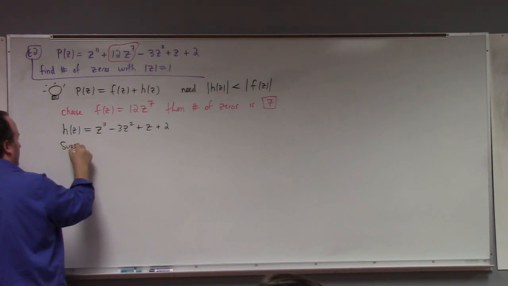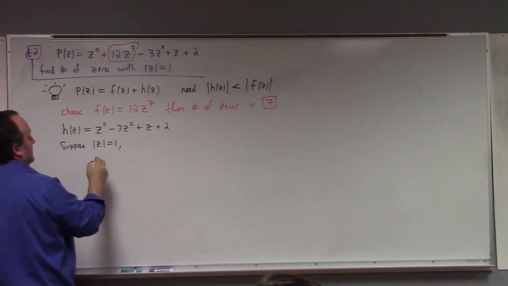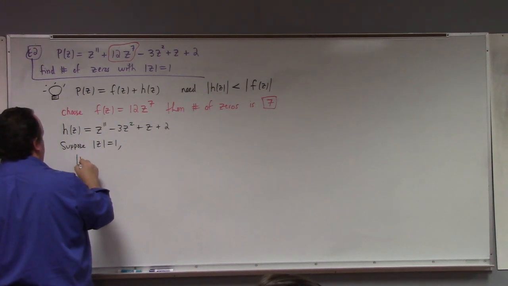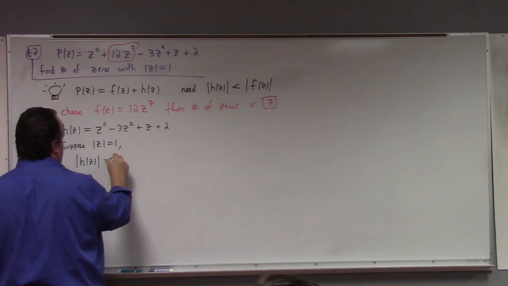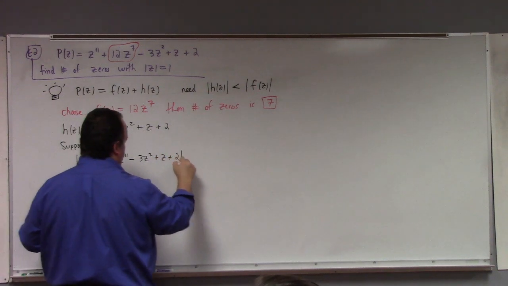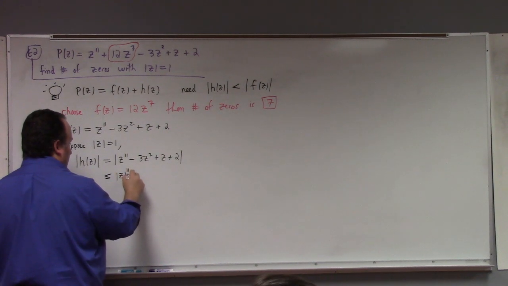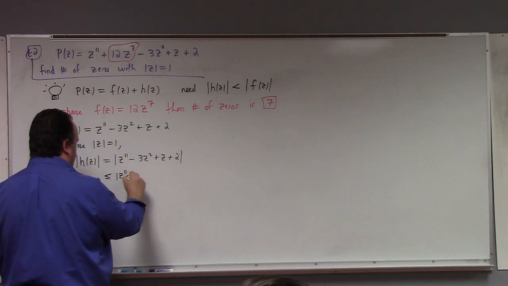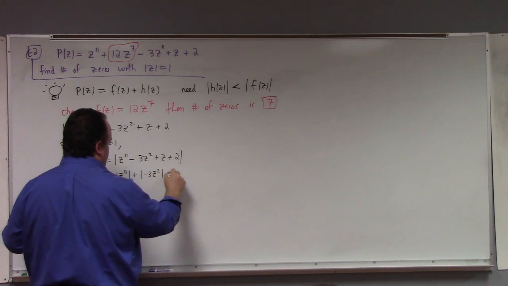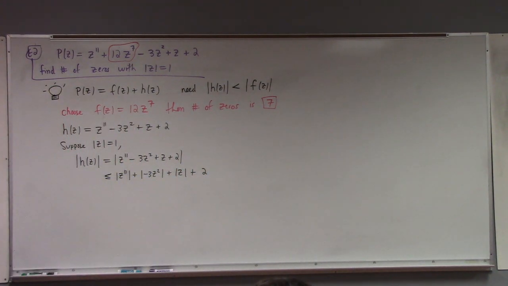So suppose modulus of z is equal to 1. So the modulus of h of z is equal to the modulus of z to the 11th minus 3z squared plus z plus 2, right? That's less than or equal to what? Modulus of z to the 11th plus the modulus of minus 3z squared plus the modulus of z plus 2, right? By the triangle inequality. But by further properties,